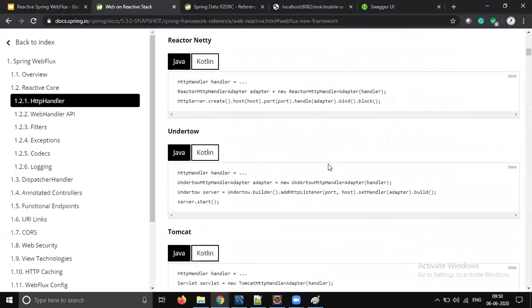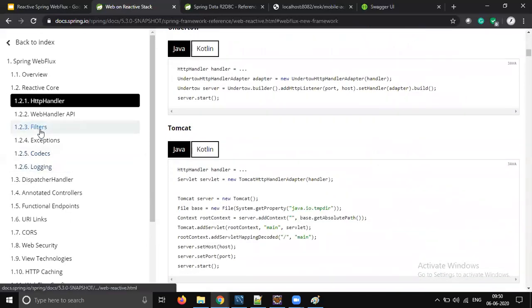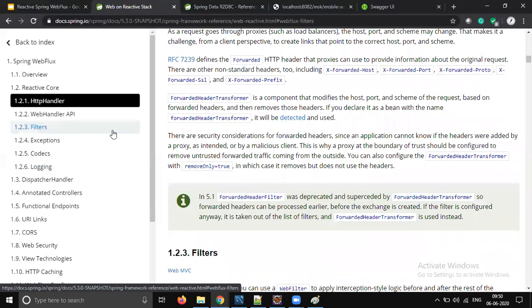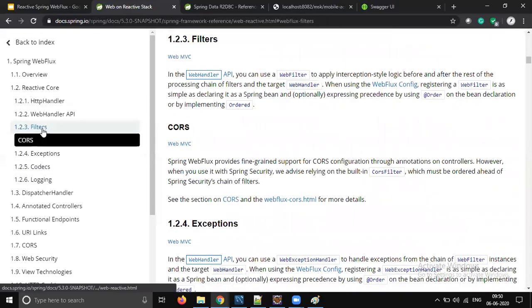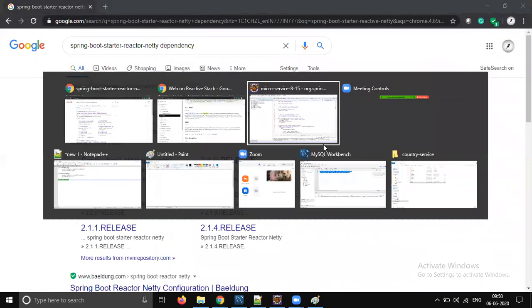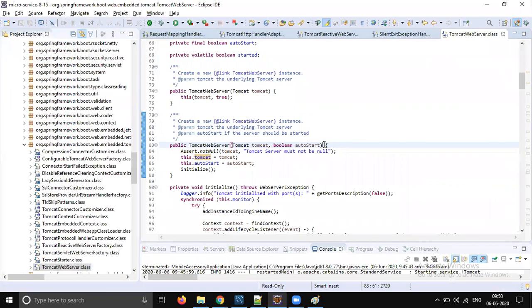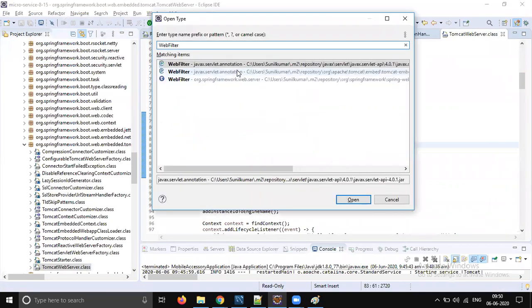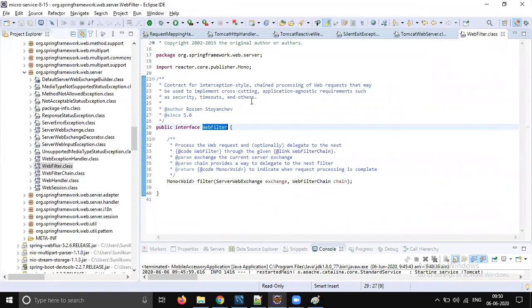Okay, and here also, if you are not using servlet API and you still want the filter feature, then you should use the web filter concept, not servlet filter. We should use web filter. So this is from Spring, okay, not from servlet. So we should use this web filter, not servlet filter.